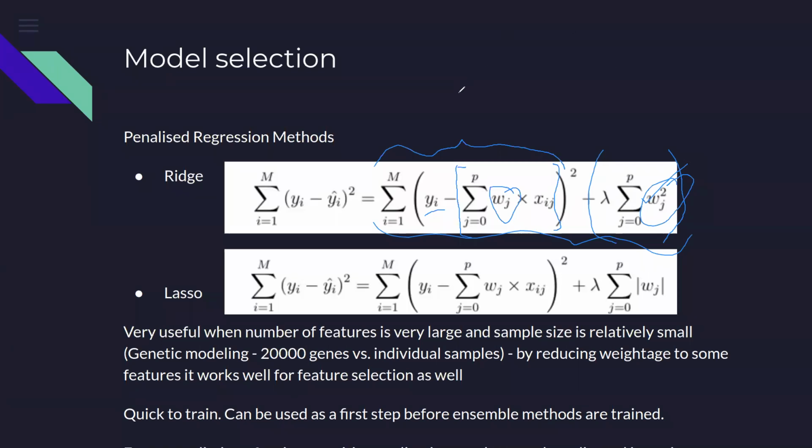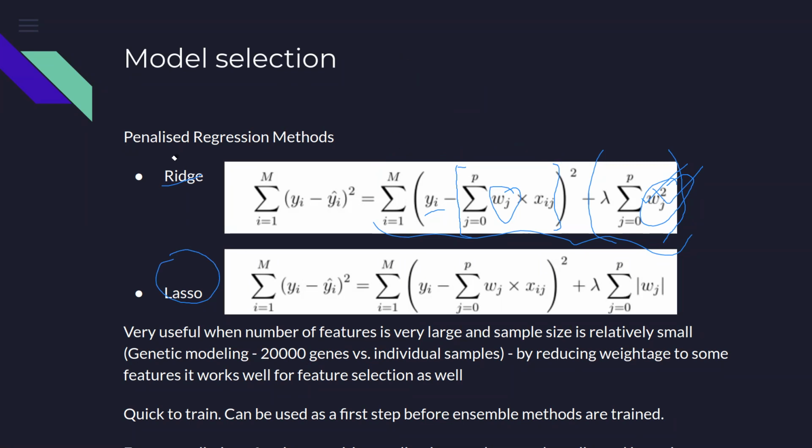The point to note here is that there are different ways to bring a sort of normalized weight, and to ensure that the system is not giving very high weightage to one of the features. We apply certain penalization methods, and there we penalize those models which give high weight to one of the features. If we are taking the square of the weight, that process is called ridge, and if you just take the absolute value of the weight, that process is called lasso.